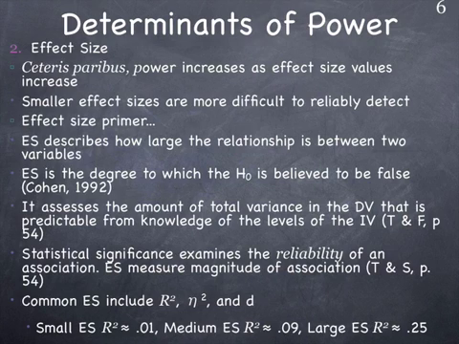And so what Cohen says, and I really like this, is that 0.3 is halfway in between 0.1 and 0.5, right? 0.3 is 0.2 in either direction. And so he picked these three effect sizes because